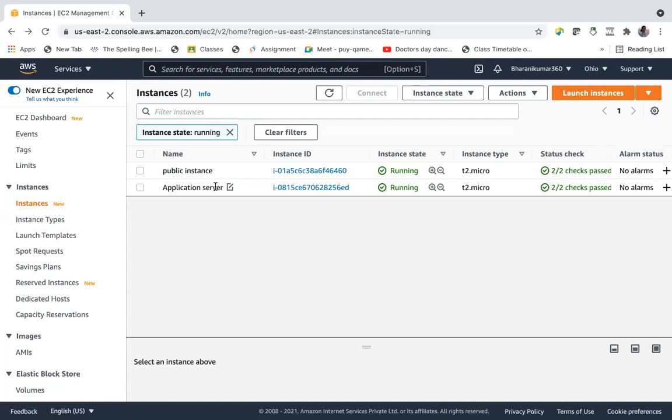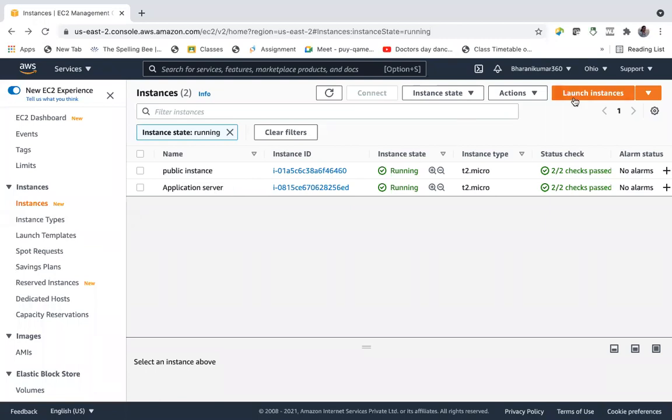It cannot communicate on the internet. So either you can use a NAT gateway, like how we have used by setting up a NAT gateway. Only the NAT gateway's elastic IP is exposed to the internet, but not your application server's. You can use a NAT gateway or a NAT instance, also called a Bastion server or Jump server.